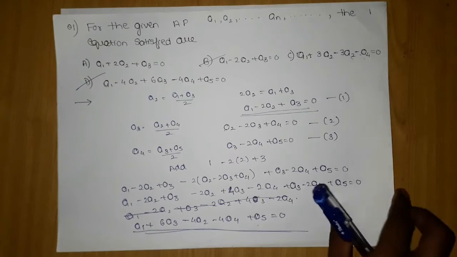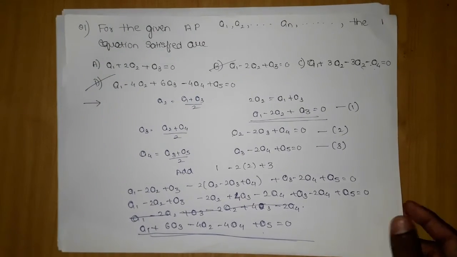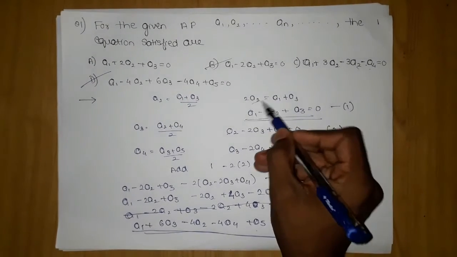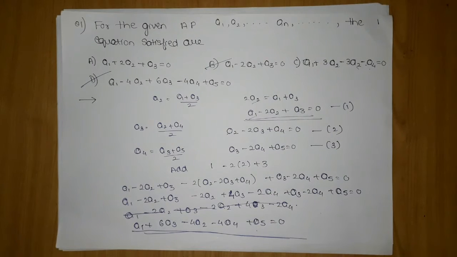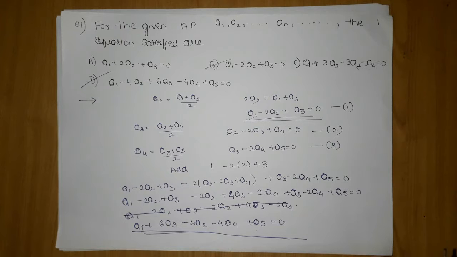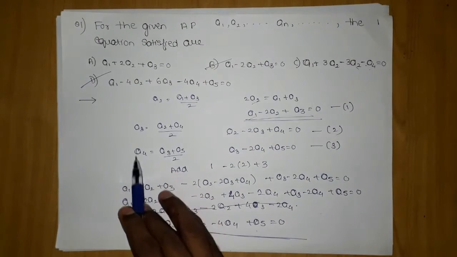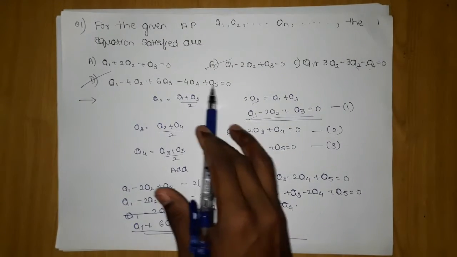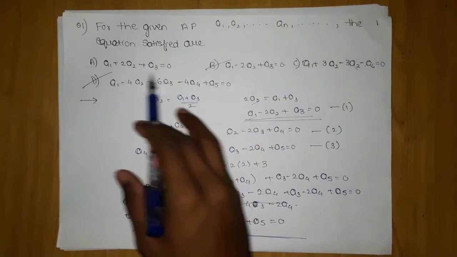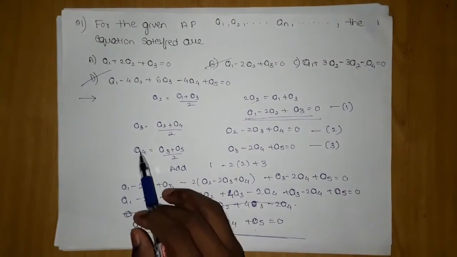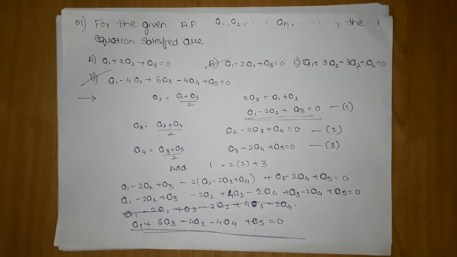Okay, hope you have understood the solution properly. What we actually did, we wanted to involve a3 and a1. How did we prove it? Because in an AP there is nothing other than the terms using a plus b by 2. Why did I use a3 and a4? Because my options were involving a4 and a5, so I wanted to involve a3 and a4 in the solution.